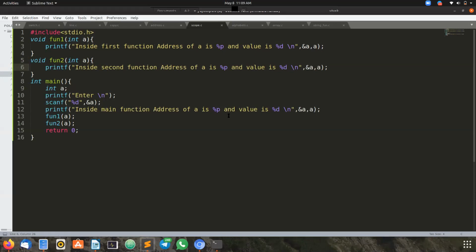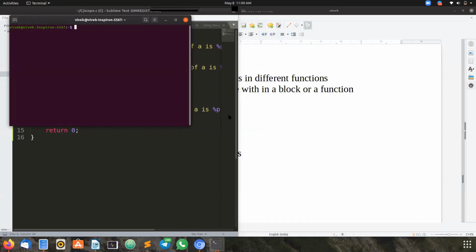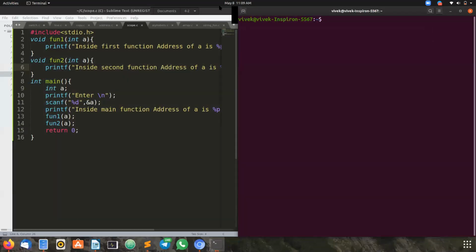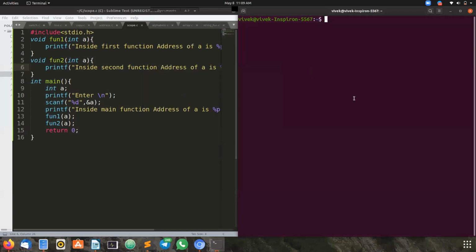Can anyone guess what the output will be in this scenario? Let us consider the value of a to be 10. What will be the output? You can take a guess, no problem if you are wrong.